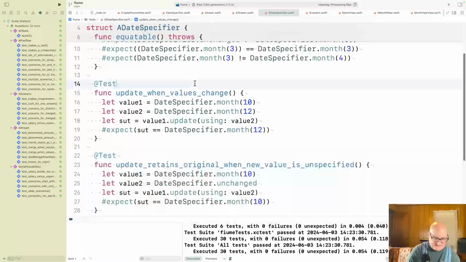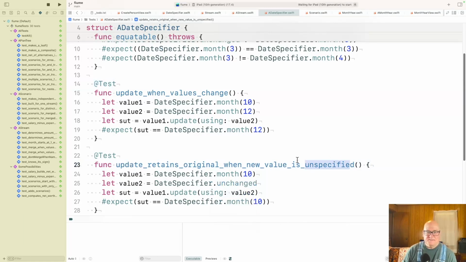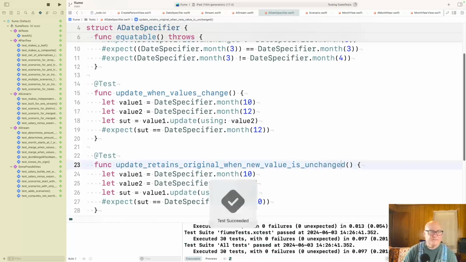Easy to lose. Okay, let me find unspecified.